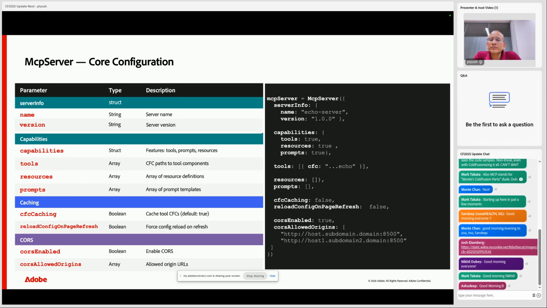Now, like we talked about earlier, a client and a server entity can have its own set of capabilities. So for an MCP server, these are the capabilities that it can have, and the way you set them as available, or advertise them to a client, is by just setting these as Boolean values in this struct here. And you've got something called CFC caching, which is